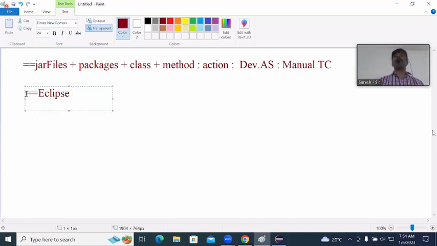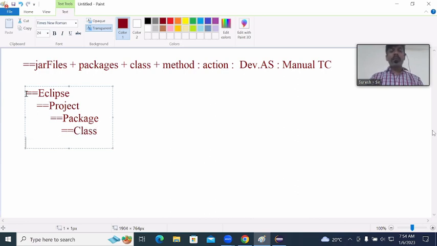executing the program. Okay. Now, under Eclipse, what needs to be done? You need to begin by creating a project. Under the project, what needs to be done? A package, you need to begin by creating a package. Under the package, what needs to be done? Creating a class. Under the class, what needs to be done? We need to write